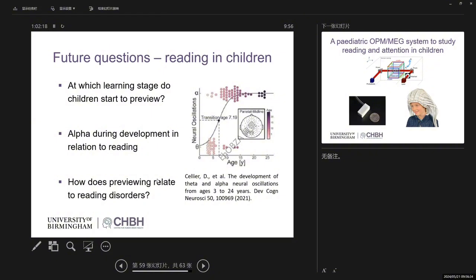And of course, all this insight can be applied also to understand reading disorders and maybe find strategies to better alleviate those problems and help children that do not read so well to become better readers. Okay, so now there's one problem here, and since our core tool is MEG, a conventional MEG system is not great for young children because their heads are too small, right? So they simply bob around.